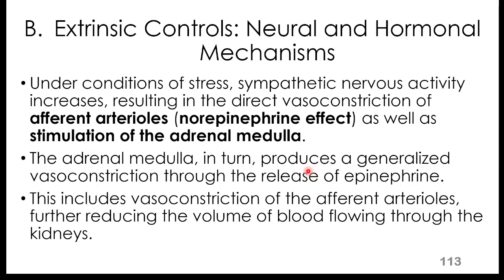So this will result in direct vasoconstriction of the afferent arterioles, as well as the stimulation of the adrenal medulla. So during times of stress, when there's a generalized increase in sympathetic nervous activity, the afferent arterioles will vasoconstrict. The adrenal medulla will also be stimulated, and it will also add to the vasoconstriction through release